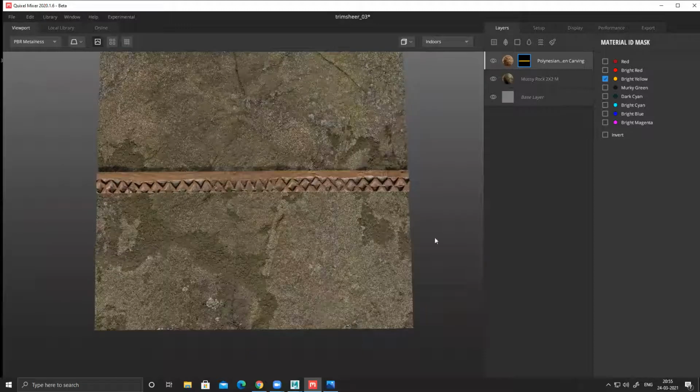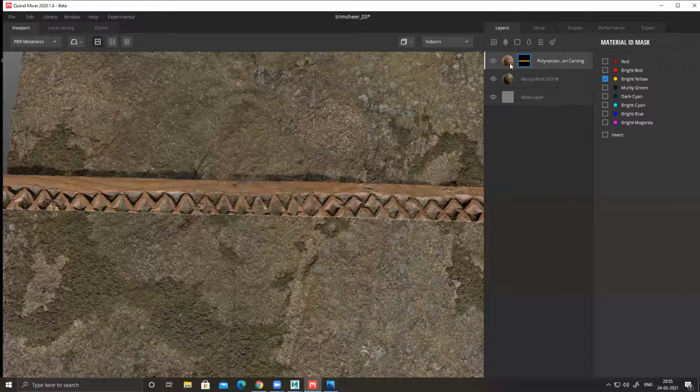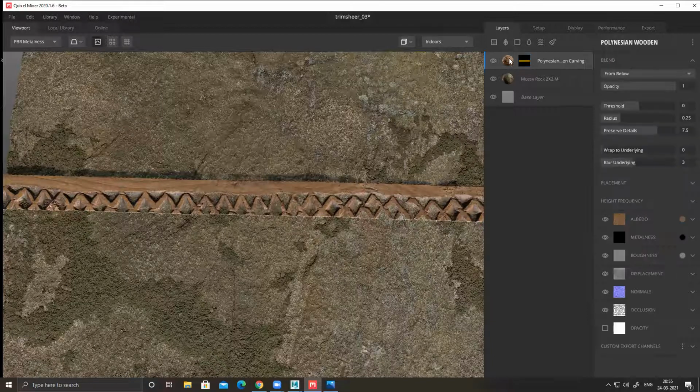But most of my design is cut, and I want the entire design. So what I'll do, I'll again select this. You can see it works exactly like Substance. This is your mask, this is your color. Click on your color one more time, and this time